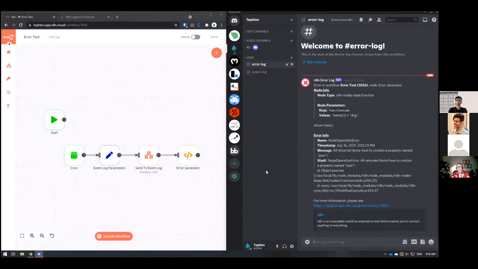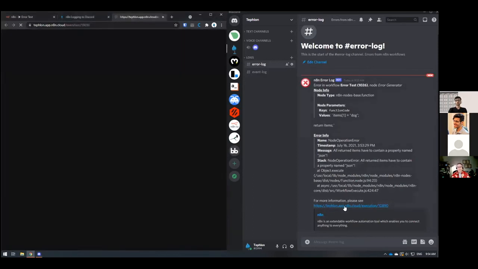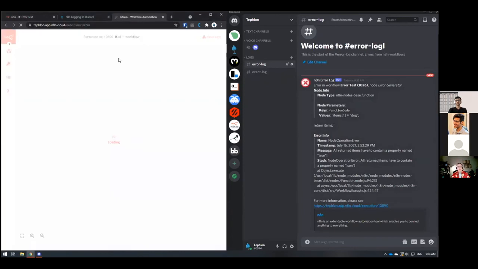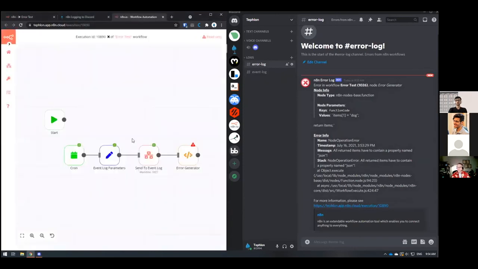Similarly, here's the error log, and it goes right into detail as to what node caused the problem, the node type that caused the problem, what part of it is the issue. Here's the values of the keys. Here's the name of the error, the message that was sent, the stack error, and then it even gives you a URL link so that when you click on it, it will fire up the actual execution that caused the error within n8n. And then we go, oh, right there, there's where the error is,